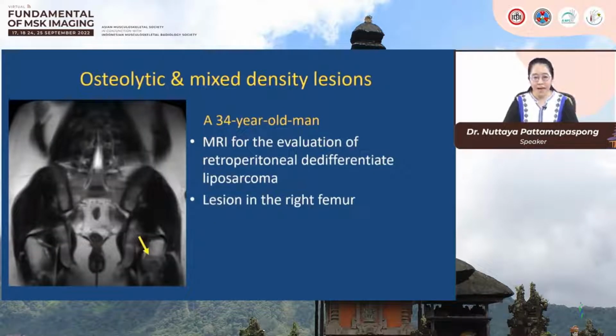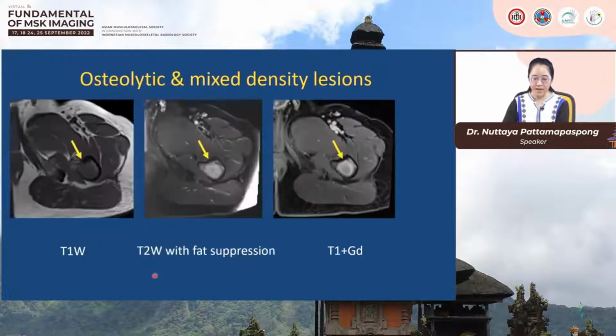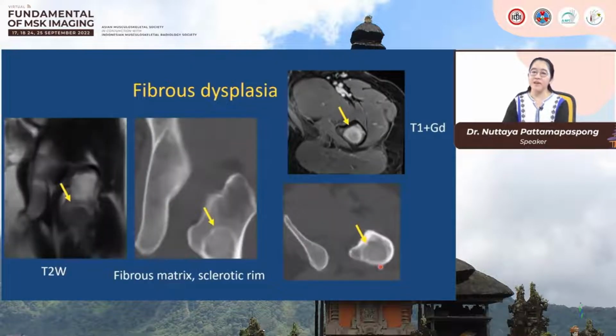This is a man who presented with retroperitoneal liposarcoma, and MRI was performed to look at the tumor. But we found a lesion in his right femur. The lesion has low signal intensity on T1, high on T2, and enhanced in the post-contrast study, and it can be interpreted as metastasis. But anyway, he had a CT scan done, and this shows fibrous matrix as well as a sclerotic rim,